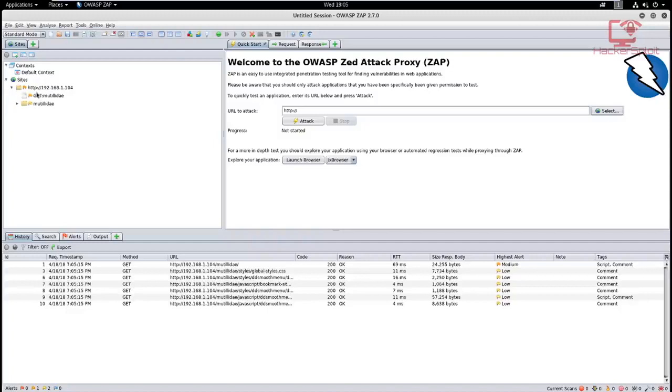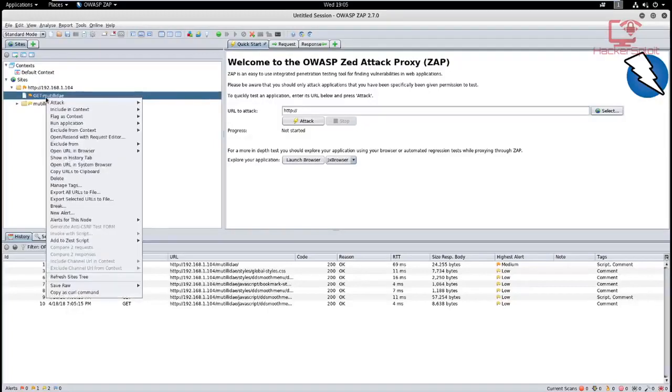192.168.1.104, that's the server. And if we click on this drop down here, we get the GET request. So you can analyze the GET request if that's what you want. You can right click and then analyze. All right, now we won't be looking at that right now because I want to focus on discovering